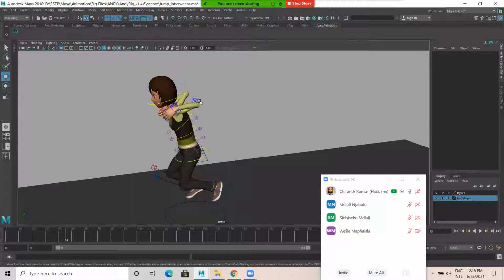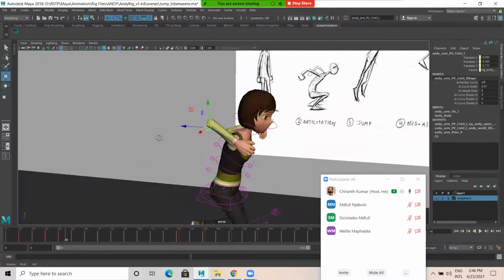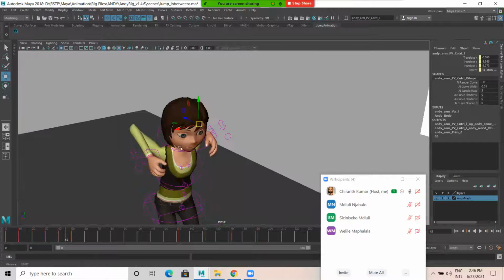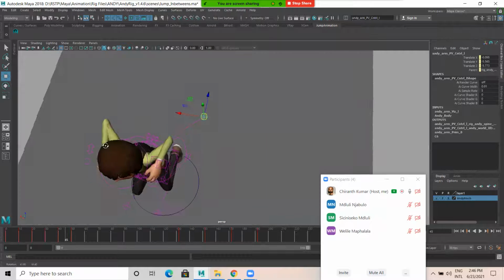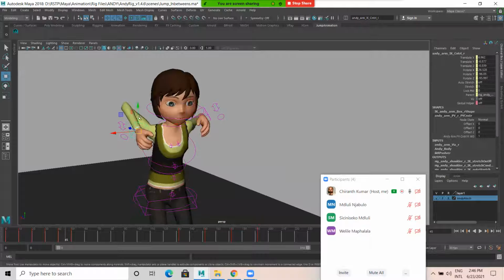First thing, the elbow should be here. And the, what do you call this, pole vector? One is here. There's another pole vector. I select this. It's here.